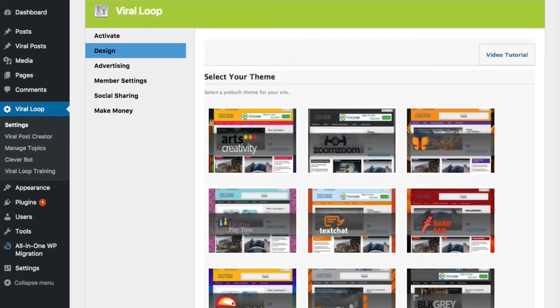So what we're going to do before we get started is just review the funnel and talk about the pricing. The front end cost of the Viral Loop is $37. Now they have an upsell where you can get what's called the Viral Army, and what that is you can